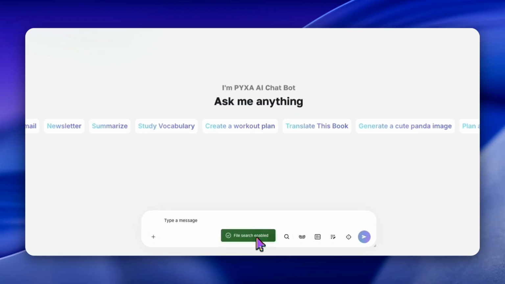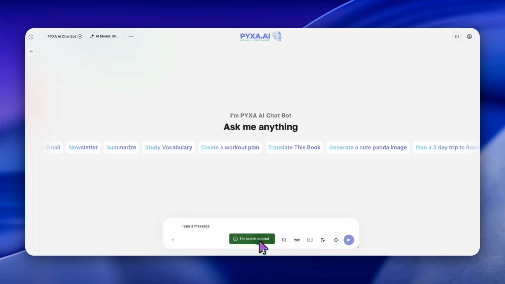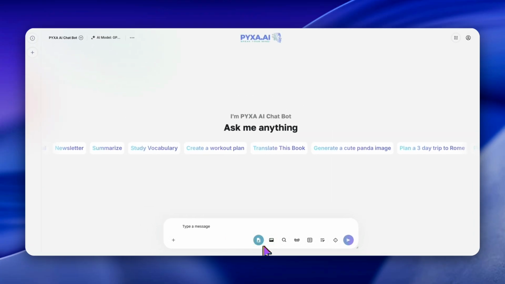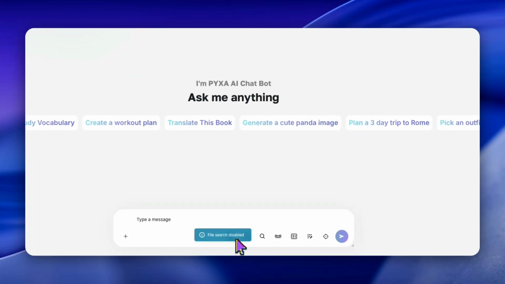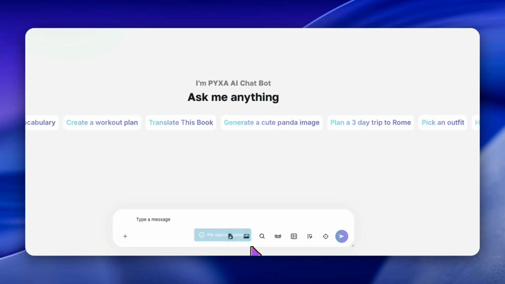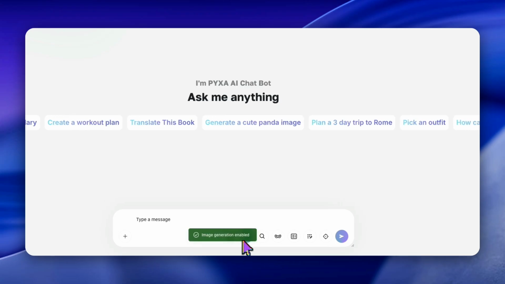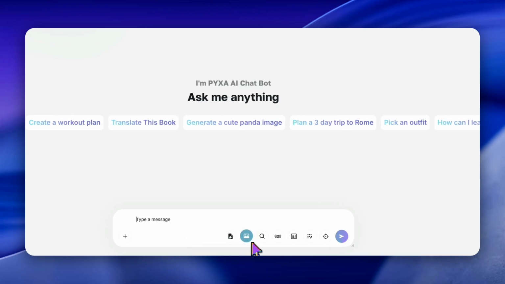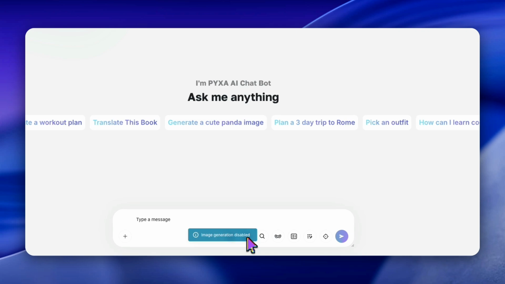Now, in the new update, you're going to have access to uploading your files and your images here. So if you click on it, it's going to enable it, and I'll show you in a second how this exactly works. It's going to put a blue circle around it, and if you click on it again, it's going to disable it. If you click on the image, it's going to do the same thing. It's going to put a blue circle around it and say enabled,